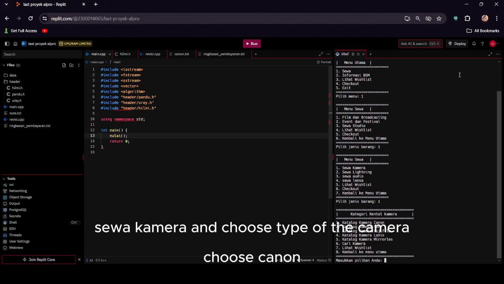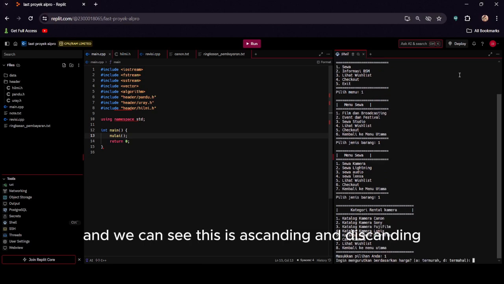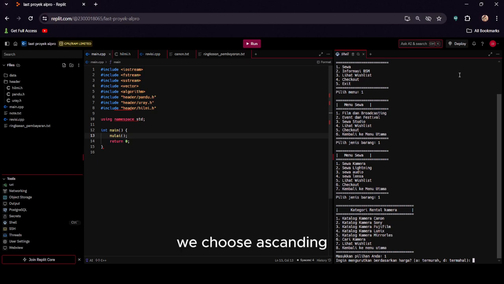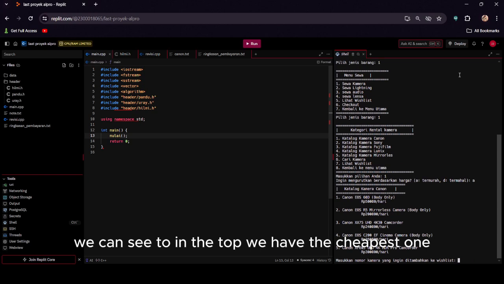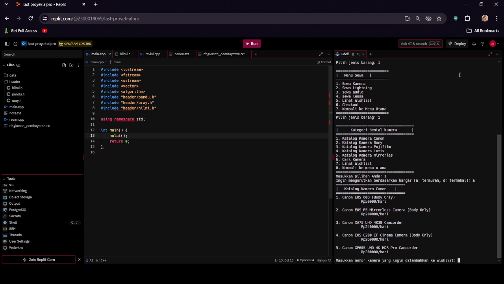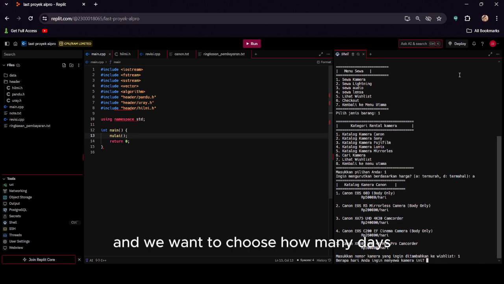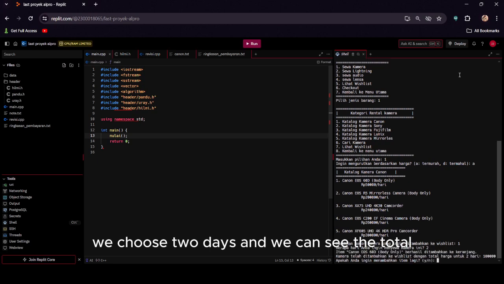We choose Canon, and we can see ascending and descending. We choose ascending. We can see at the top we have the cheapest one. We can choose that, and choose how many days we want to rent it. We choose 2 days, and we can see the total.